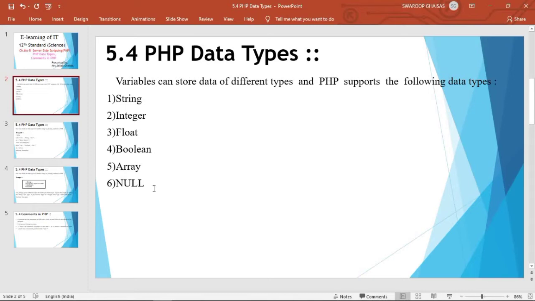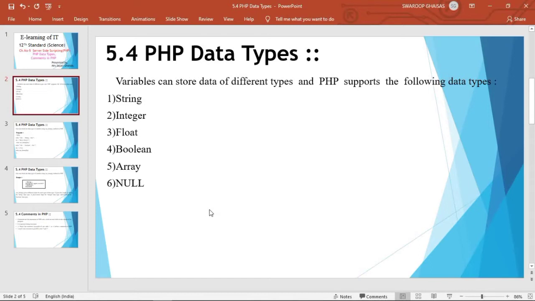That is, if you want to store the marks of one student in different subjects, that is physics, chemistry, maths, biology, then you can declare one array variable within which all of that student's subject marks can be stored. Null is nothing but no value stored within that variable, that is a null value.